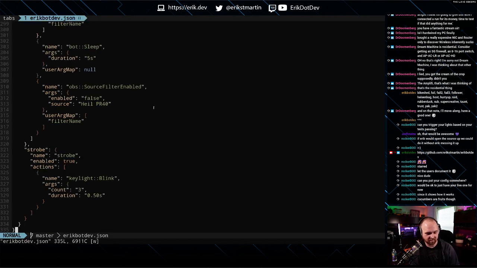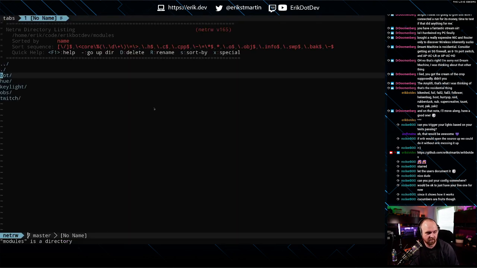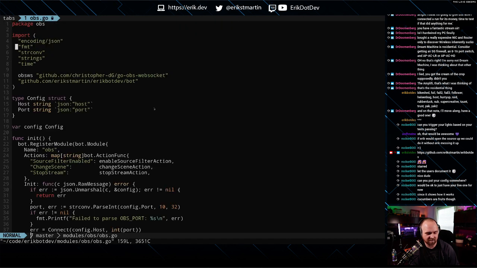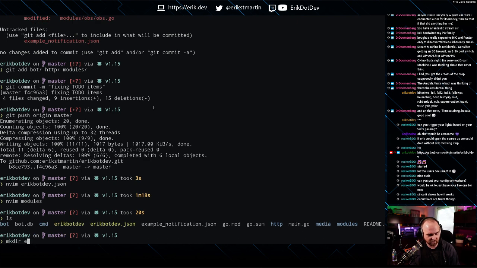And that's how this bot has been designed, so it's not highly coupled to my setup. It's very modular, in the sense of, let's just open up the modules directory. There's a bunch of modules that we've been creating, and each one of those introduces new actions into the bot. You can configure everything, string them together, and make your own commands however you want. We're working on a browser source that'll put stuff on the screen too. The only time you should have to write code is if you want to introduce a new action to the bot. All right, so let me just make a directory really quick.